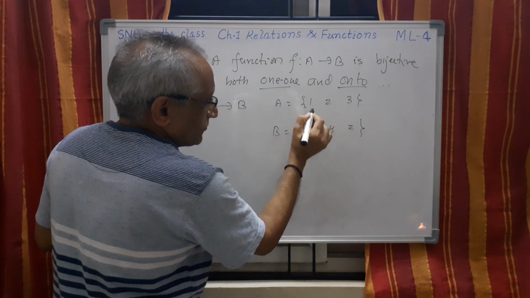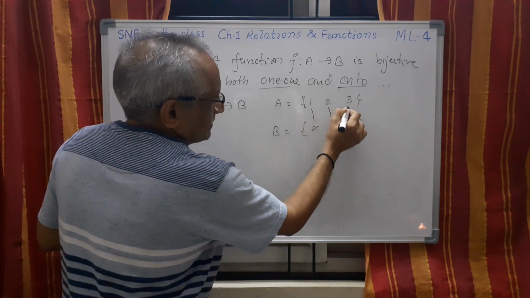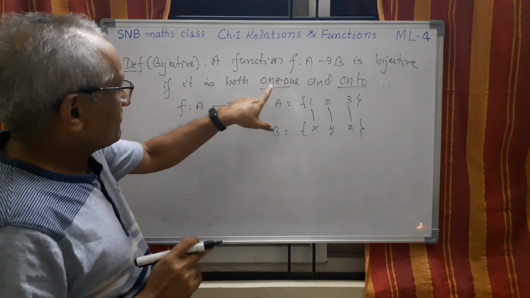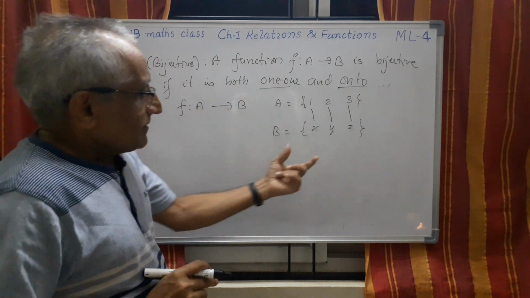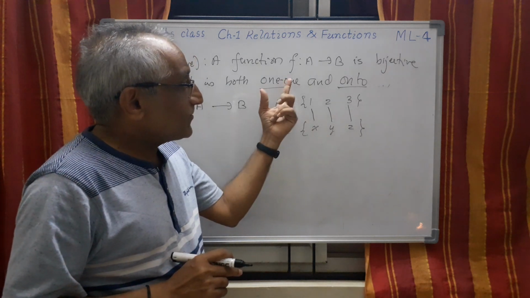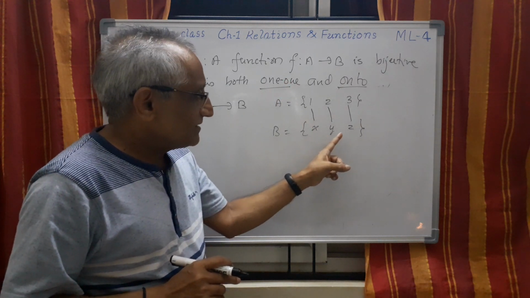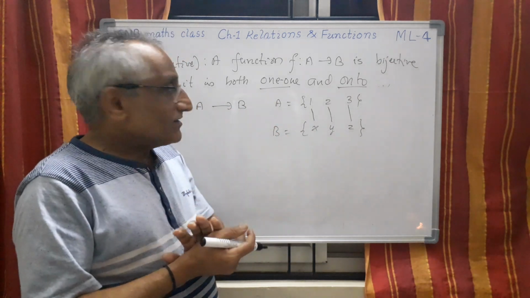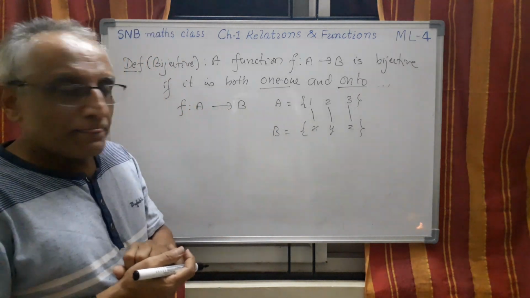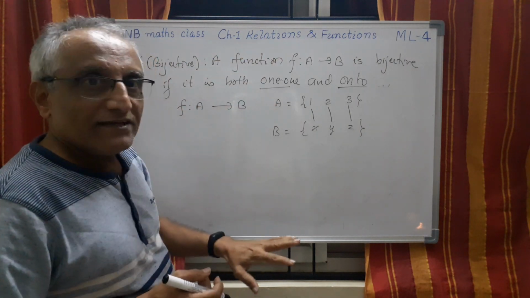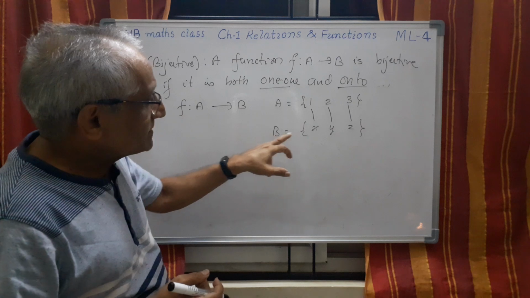So 1 goes to x, 2 goes to y, 3 goes to z. So the first criterion is fulfilled, 1-1. Here there are 3 elements x, y, z. It is also onto because every element here is an image. So in case of finite sets, a function can be bijective only if these two have the same number